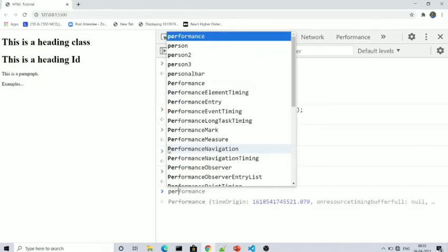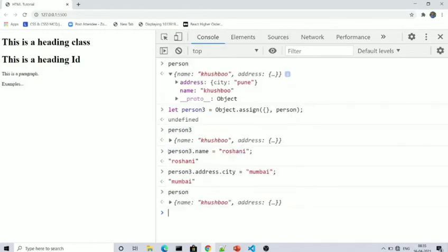Now I will see person. Here although person3's name is Roshni, person is not changing, the name is constant, but not the address. The address is changed to Mumbai, so it is also reflecting in the person object. So this way it behaves exactly the same way the spread operator behaves while copying an object to another variable.